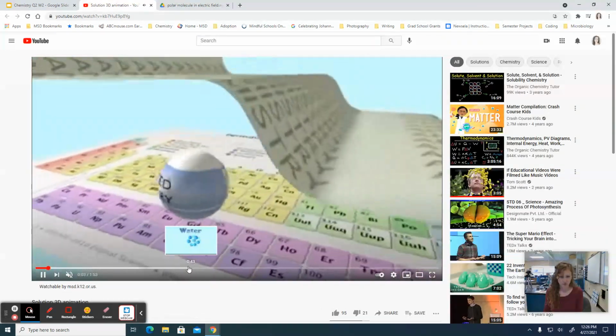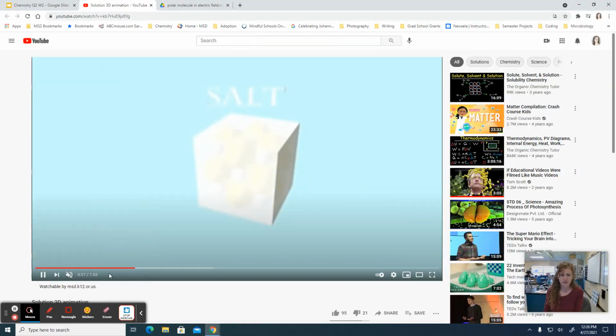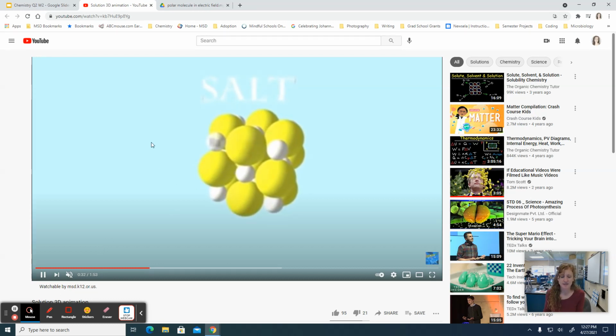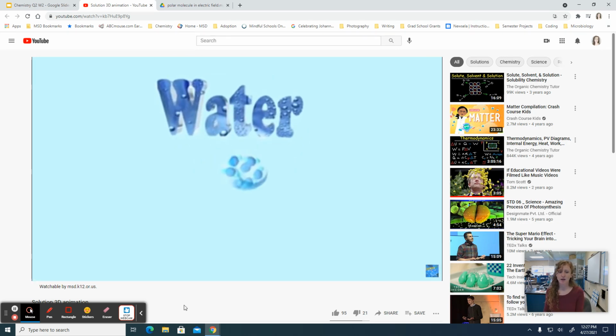All right, I'm going to fast forward this, and you can see, okay. So they deal with salt here. This is table salt, so sodium chloride. I love how they take the salt cube and they turn it into your lattice with individual sodium and chloride ions. Now they're going to take water,